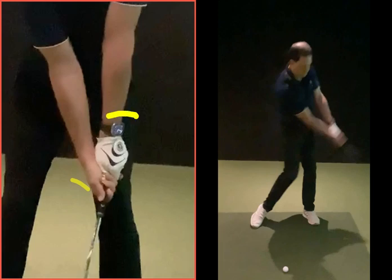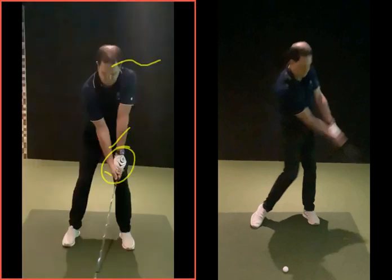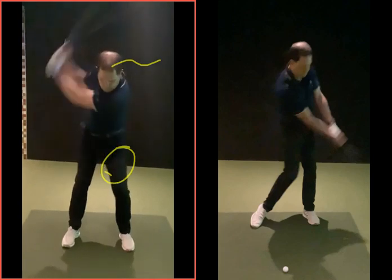So this bit here in the setup is sending the ball left. That's going to be the big hooks, low shots, go quite a long way, but a bit of a hook, all right? You're standing a bit close to it, which is gone now. Again, static changes, you've instantaneously changed it, okay? Standing a bit close and getting on top of the golf ball and steeper as a result was sending the ball to the right. You also helped that by, as you came in to the golf ball here now,